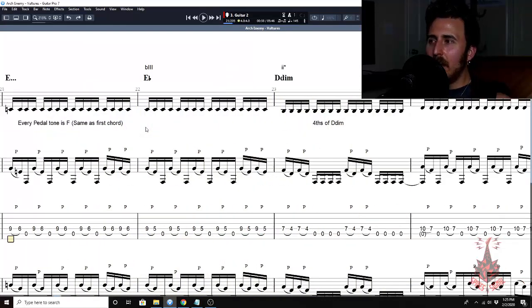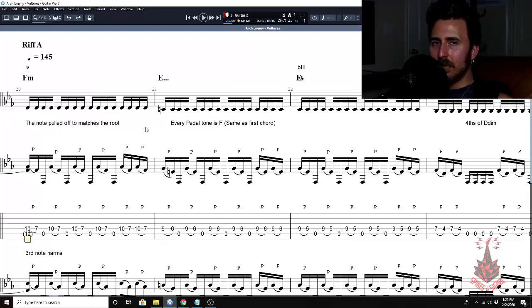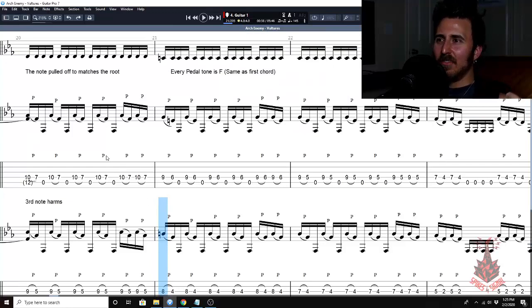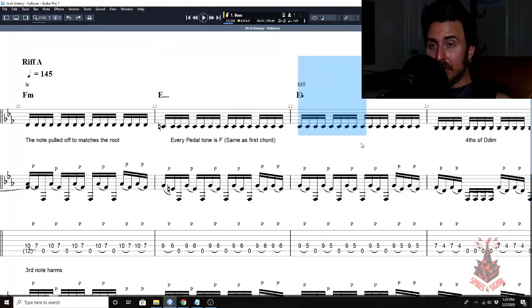So once again, you can hear the kind of aggression and the intensity. You start in the 2 and everything like that, or the 4 rather. You go down to that E natural, which is more or less out of the key. You also have that stacked with a B natural, so it gives you a lot of non-melodic feeling right there. You then go to the flat 3, which is more or less within the key, which is fine, but